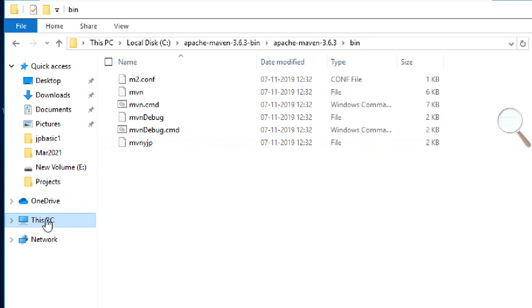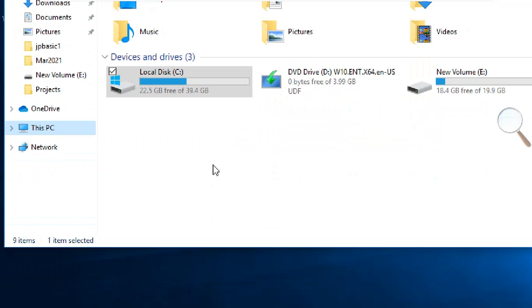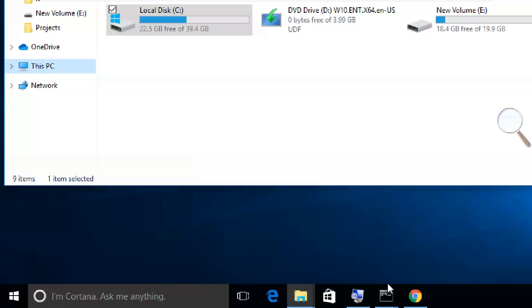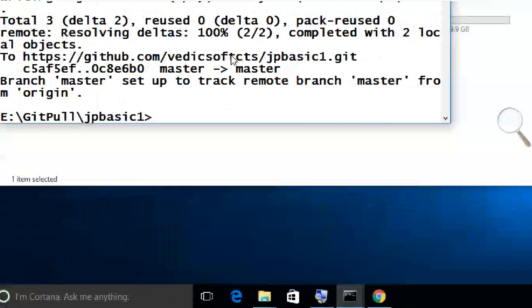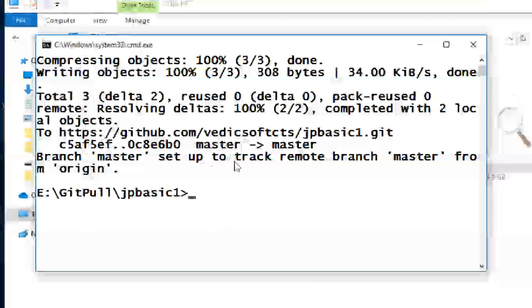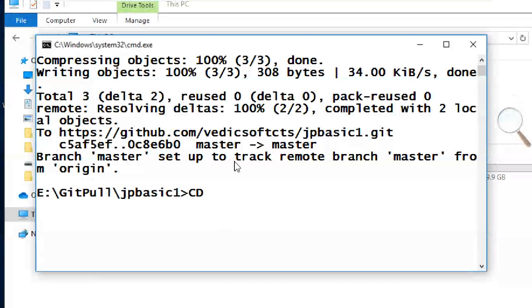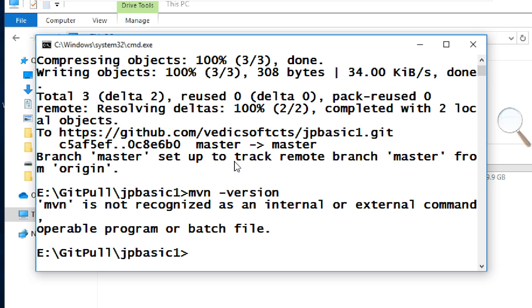Okay guys, this is how we add it, but we have to test whether it is working or not. So going to a normal cmd, you can just put mvn -version anywhere. No, it is not understanding mvn.